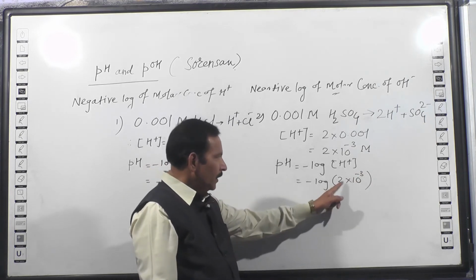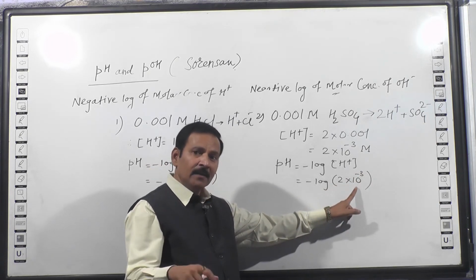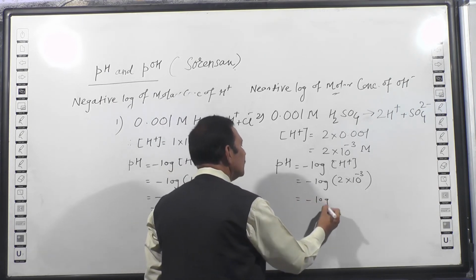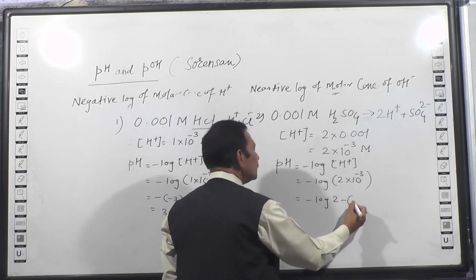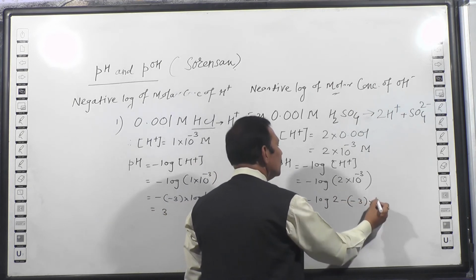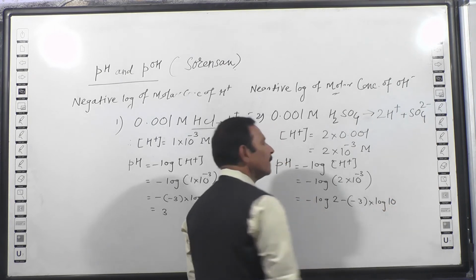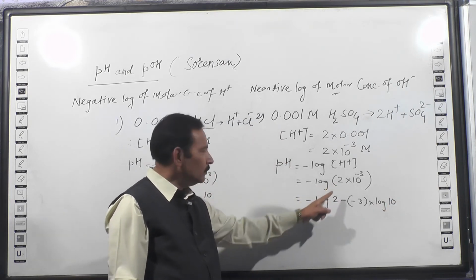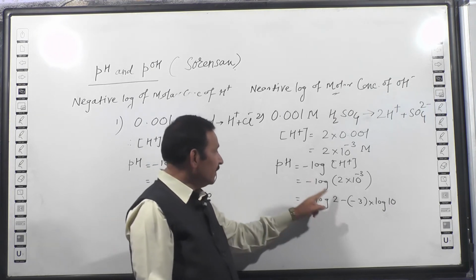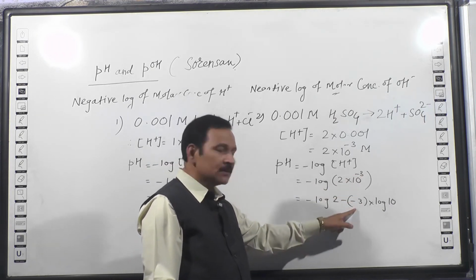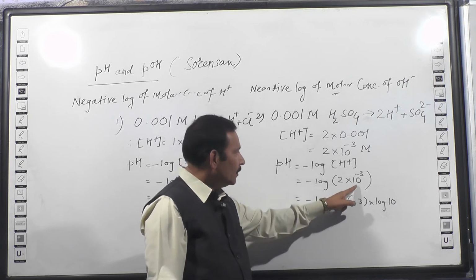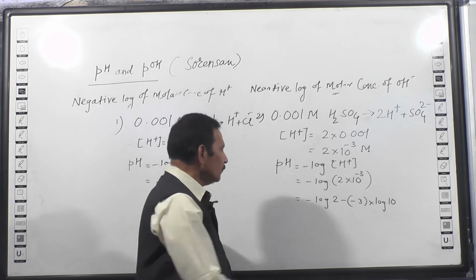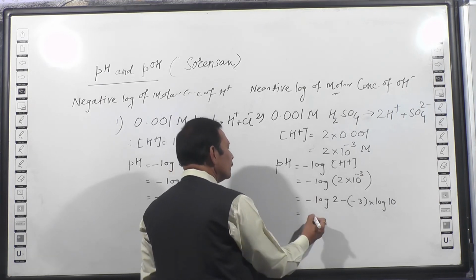Log of A into B is log A plus log B. By that formula, it is minus log of 2 minus 3 into log of 10. सेपरेट कर दिया log दो टर्म्स को. पहले अप्लाई log to 2, log 2 minus as it is, power becomes coefficient, minus 3 log 10, base is 10 and power is minus 3. So this is solved. Minus log of 2 minus